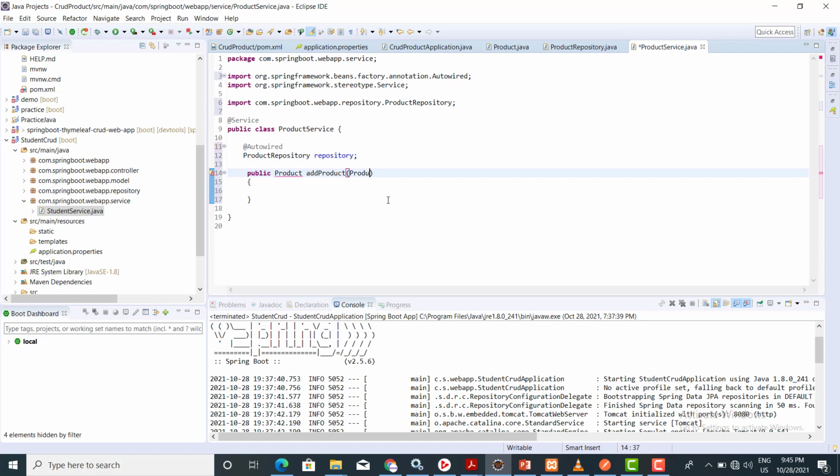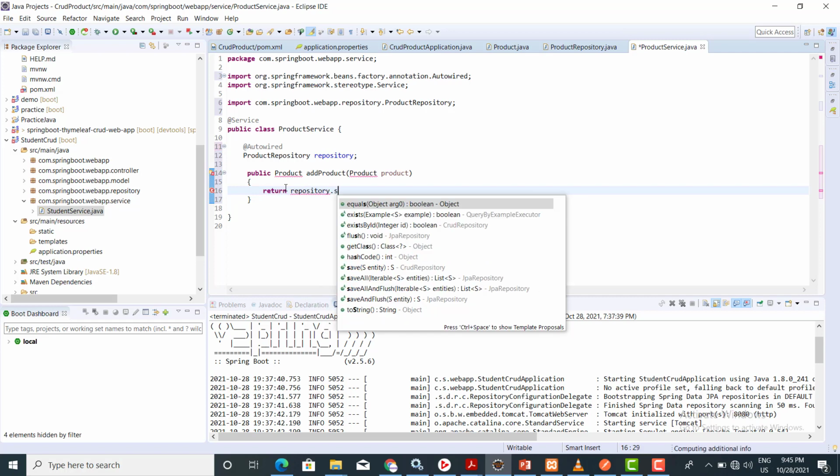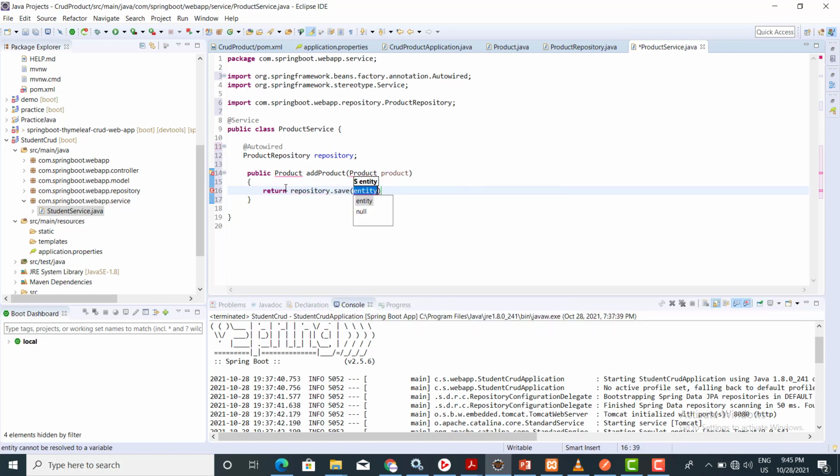I am passing the object of product. Now we want to return repository.save, so it should be saved as a product.